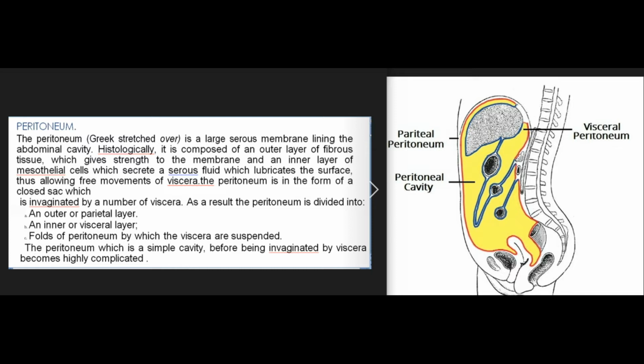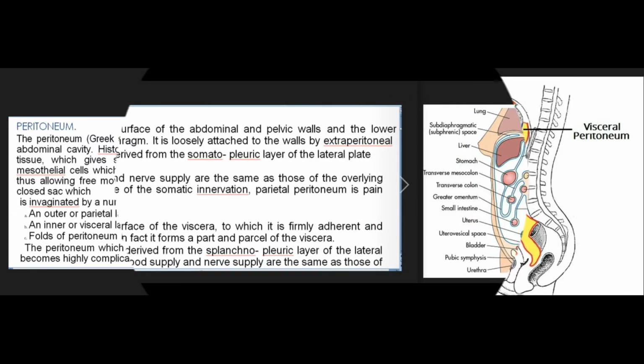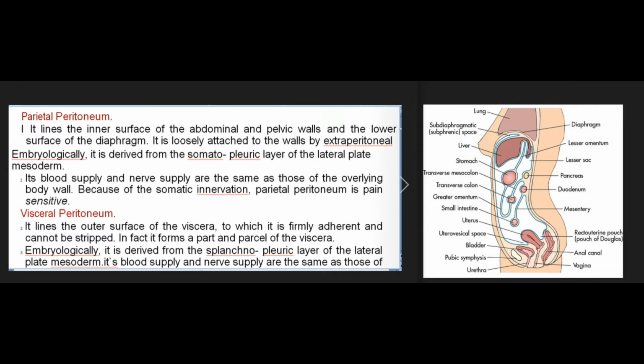As a result, the peritoneum is divided into A. An outer or parietal layer, B. An inner or visceral layer, C. Folds of peritoneum by which the viscera are suspended. The peritoneum, which is a simple cavity, before being invaginated by viscera becomes highly complicated. Parietal peritoneum. 1. It lines the inner surface of the abdominal and pelvic walls and the lower surface of the